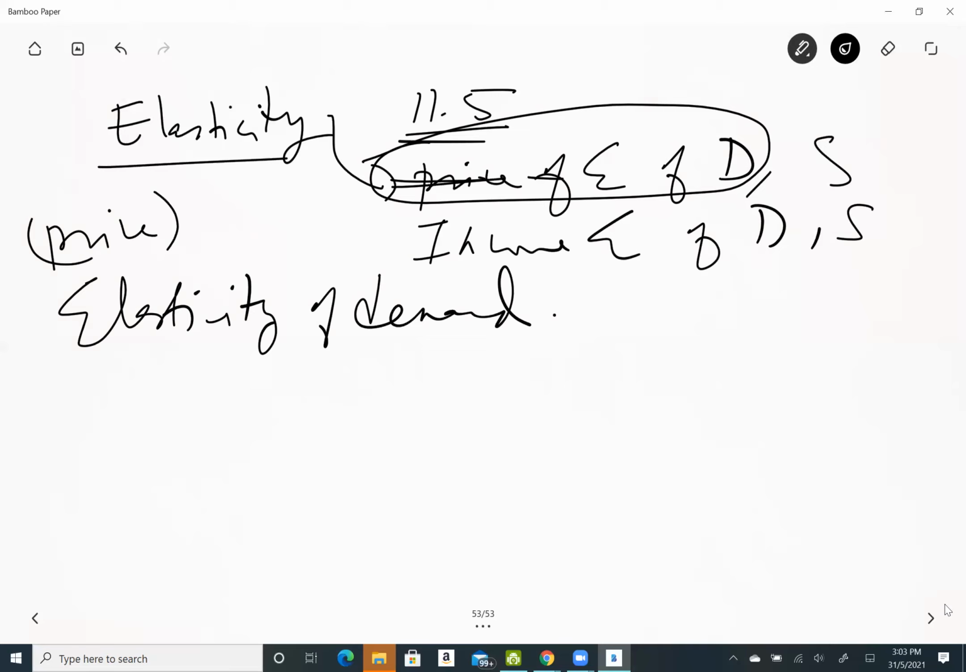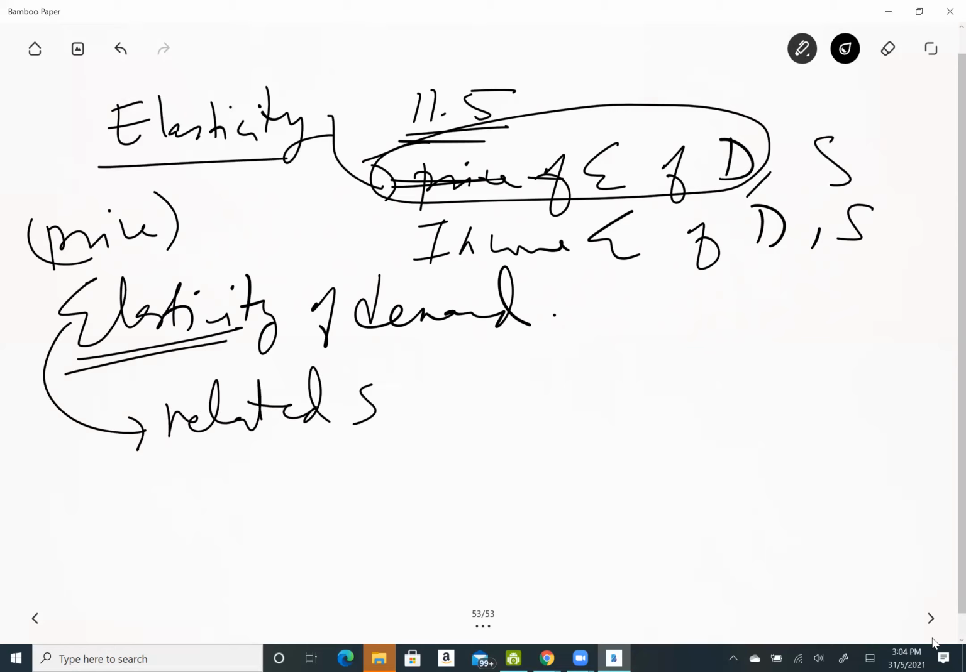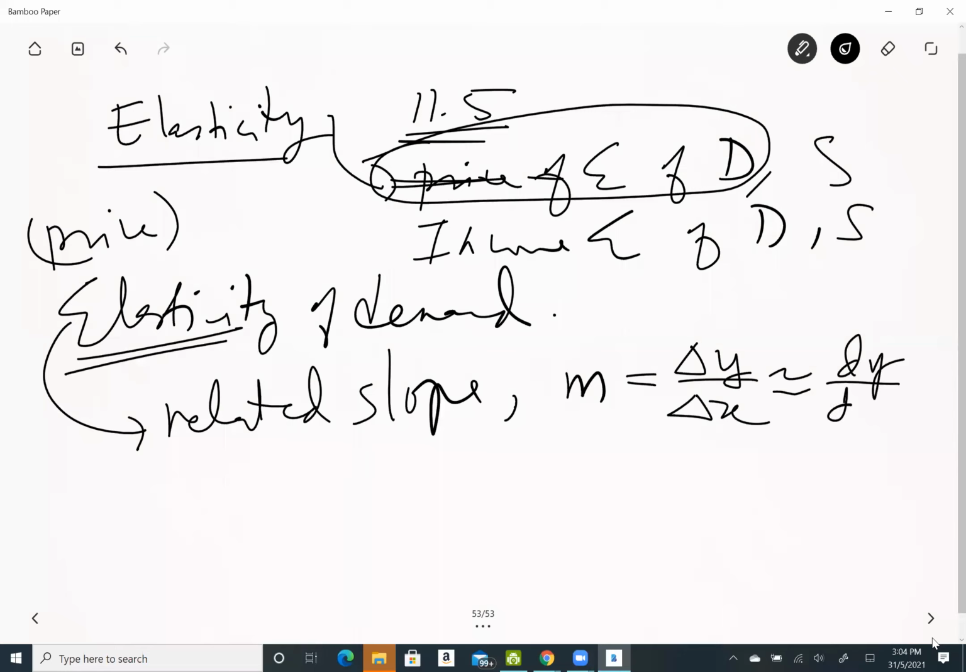All right. Now, what is elasticity? Elasticity, the concept is related to the slope, to slope M. Now, if you recall, what is M? We go back to our basic linear slope, equal to delta y over delta x. Okay, but then we can think of it as dy dx. Okay, here, if you're looking at